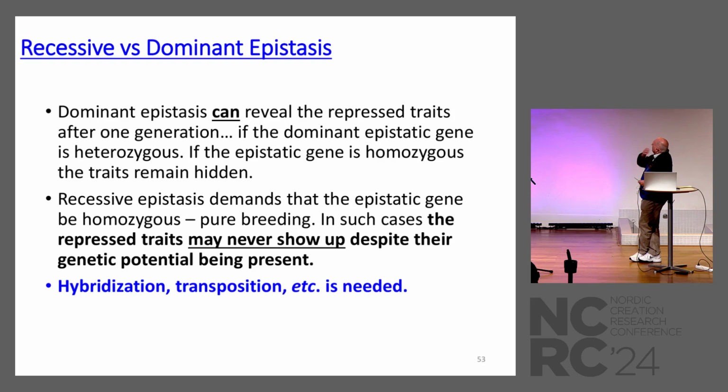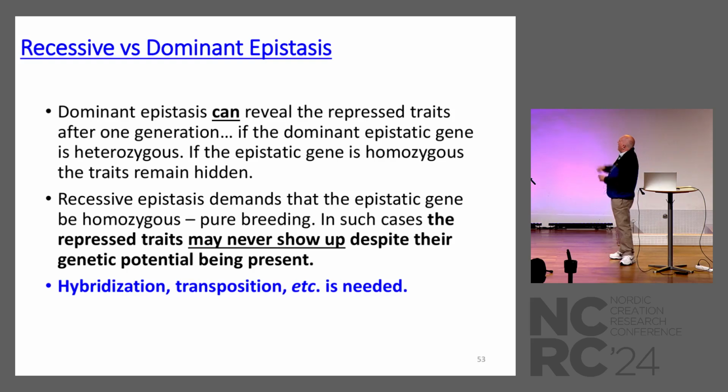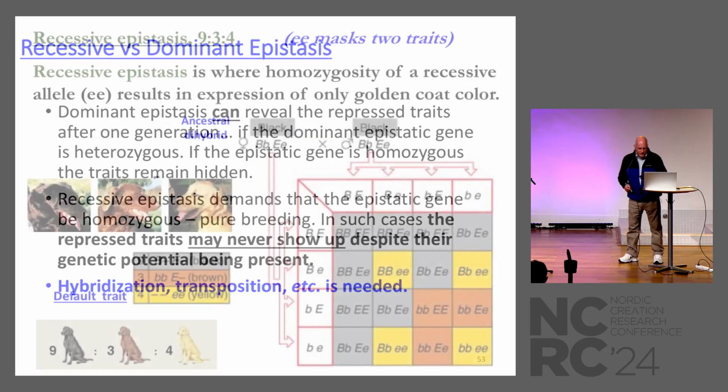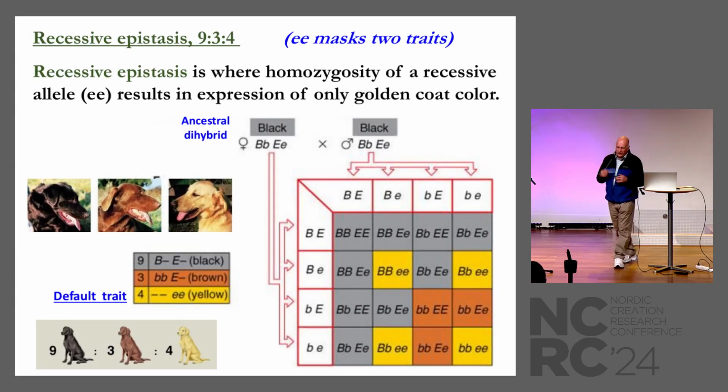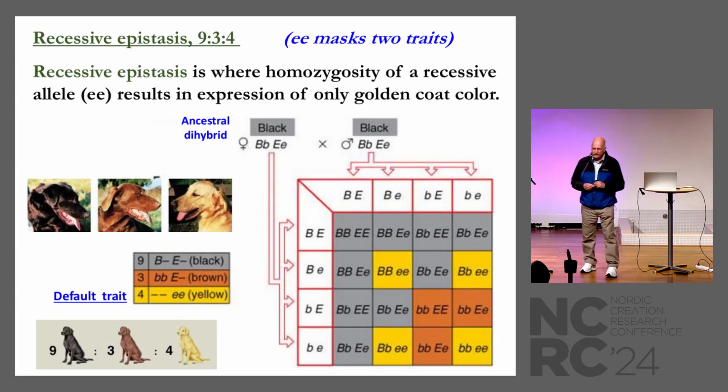Dominant epistasis can reveal the repressed traits, but that's typically only within a few, or even just one generation. Recessive epistasis, however, can hide different traits for generations, hundreds of generations. Here's one example with Labrador dogs. We know we can have black, we can have chocolate, and we can have golden Labradors or retrievers,